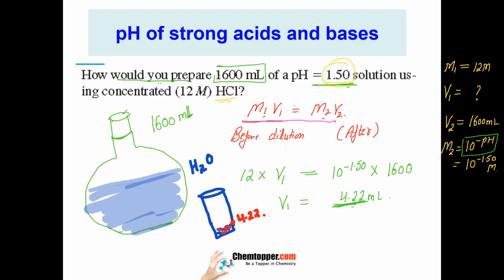Now, you're going to add this acid drop by drop, drop by drop. Acid in water, acid in water. You are not going to do it the other way around. Means you are not going to take acid first and add water. Because if you do that, then the solution will jump out. It can give you burn injuries because this HCl is very strong. You can see here. If a drop of this HCl comes in touch with the skin, your skin will burn. So the advice is take water first, half of the flask, add this acid drop by drop, and